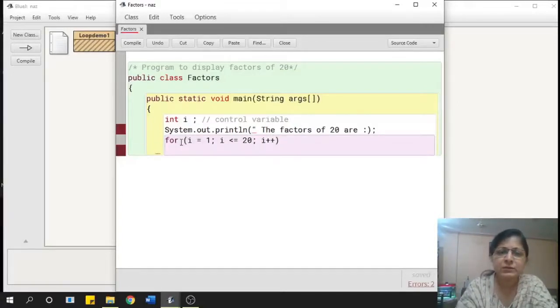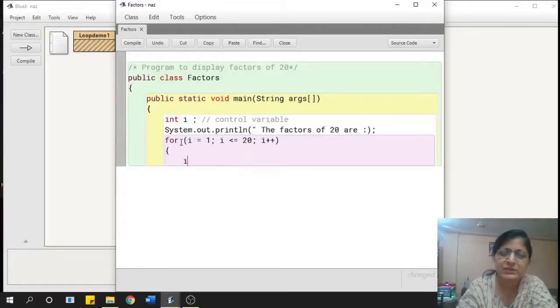Okay, so in this I'm going to check for divisibility. So if 20 modulus i, initially i will be 1, so 20 divided by 1, if the remainder is 0, that means it's a factor. Okay, so we are supposed to print it.